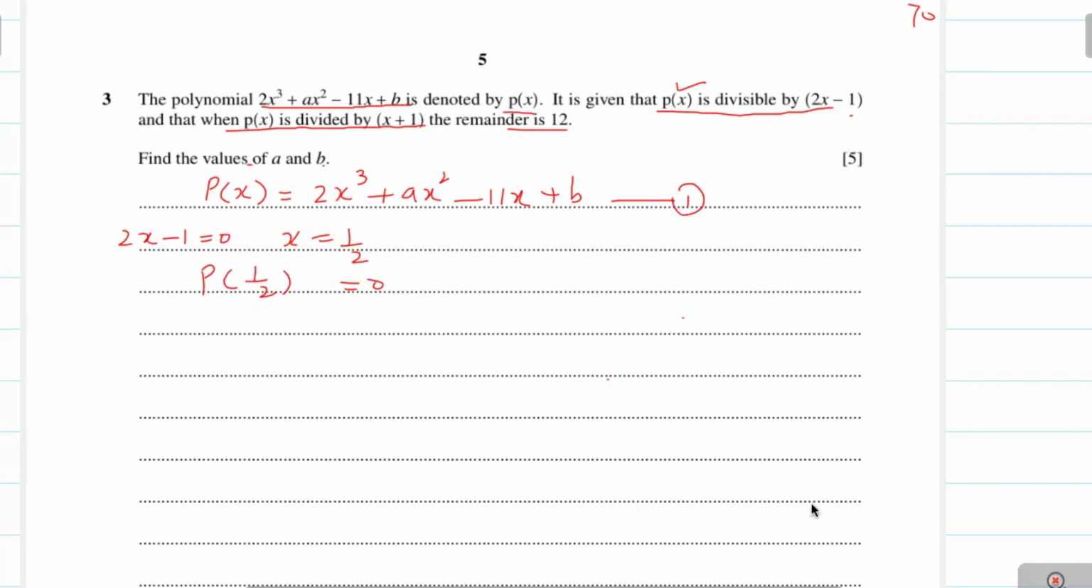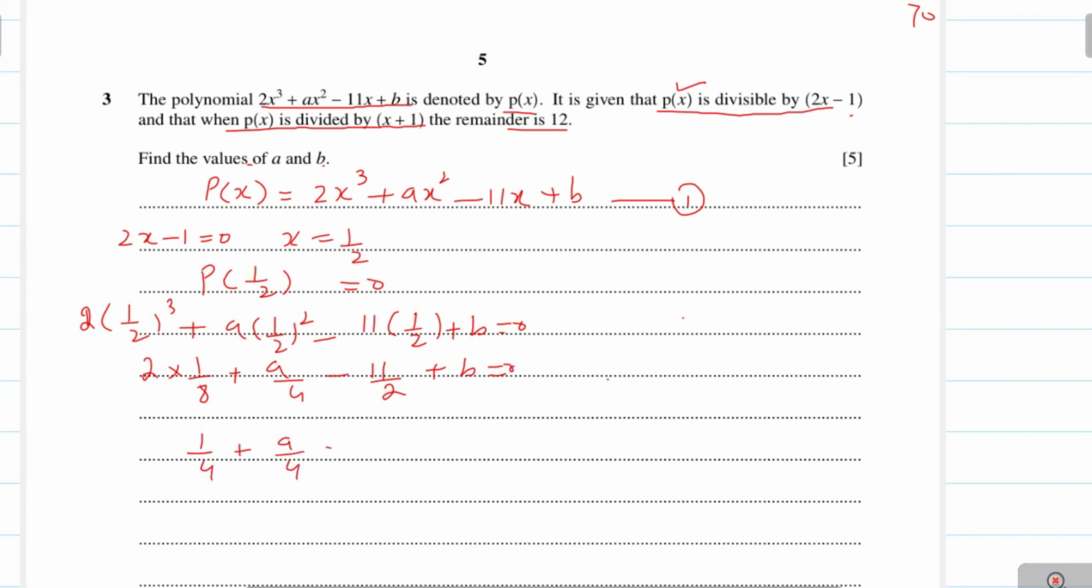We can write it as 2 into (1 over 2) power 3 plus a into (1 over 2) power 2 minus 11 into 1 over 2 plus b equal to 0, and this value will be equal to 2 into 1 over 8 plus a over 4 minus 11 over 2 plus b equal to 0, and we can write it as 1 over 4 plus a over 4 minus 11 over 2 plus b